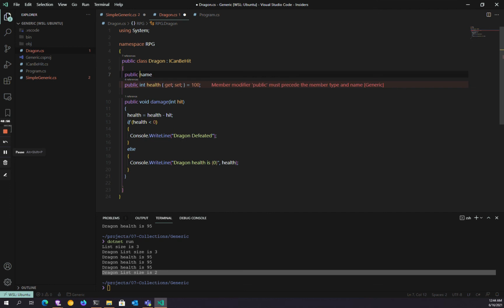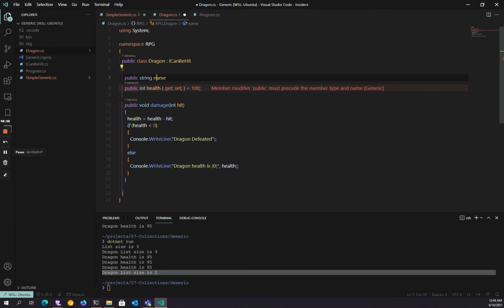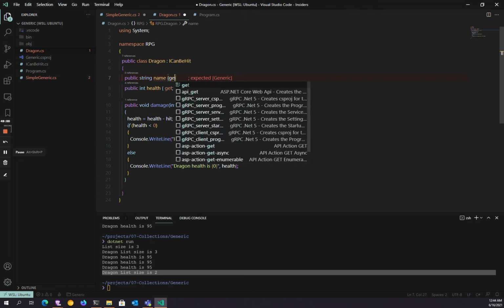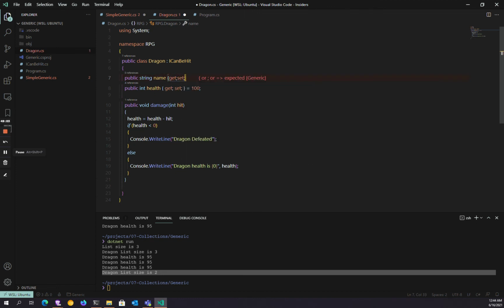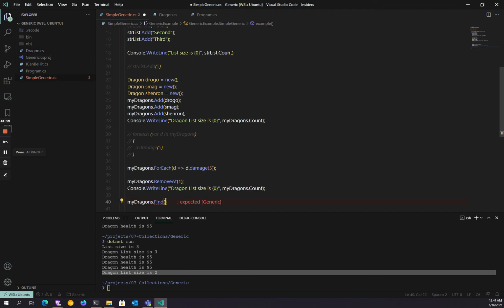Let's do dragon list size is myDragons.Count, and after I remove one element, you will see the benefit there that we're able to add a new one, 3, and my dragon list size is 2 because we removed a particular one. Cool thing about this is we can actually do stuff like